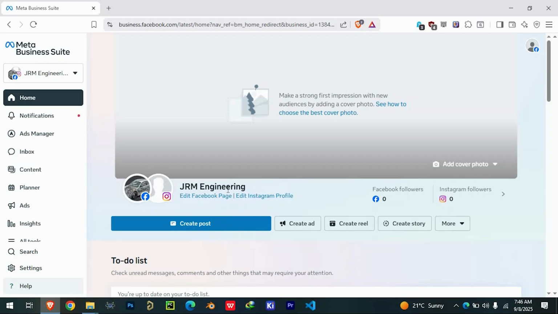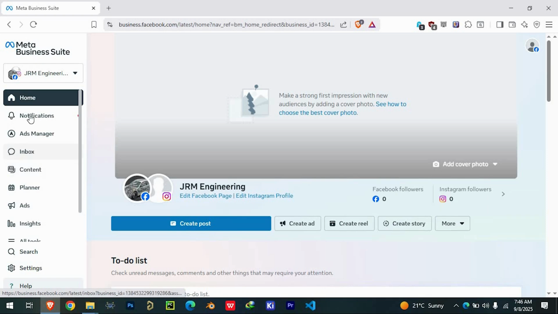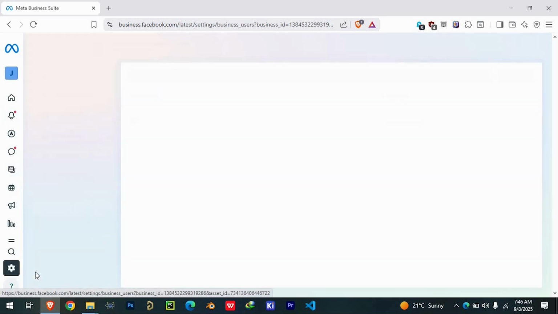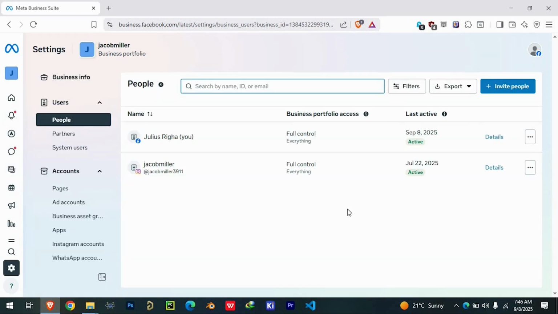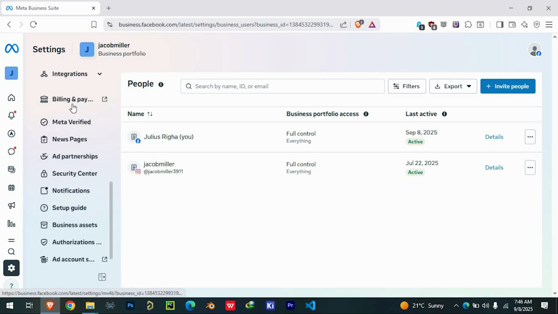On the left-hand side of the screen, you'll see a menu with different tools for managing your page. From here, click on Settings to continue. Inside the Settings menu, you'll notice different sections such as Business Info, Users, and Accounts. To find the payout information, scroll down until you reach the section labeled Billing and Payment, and then click on